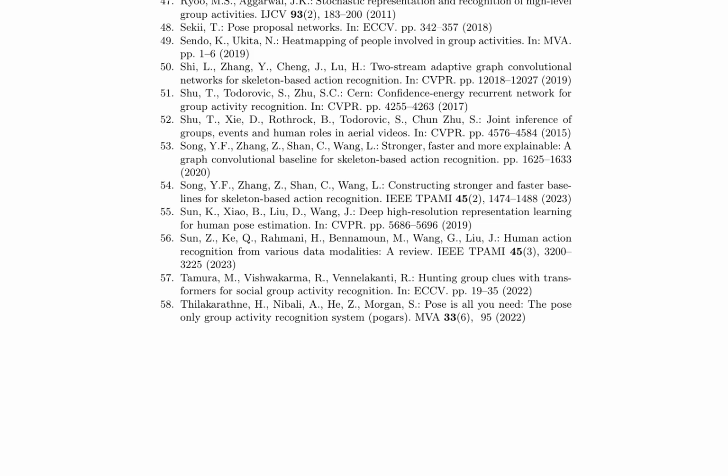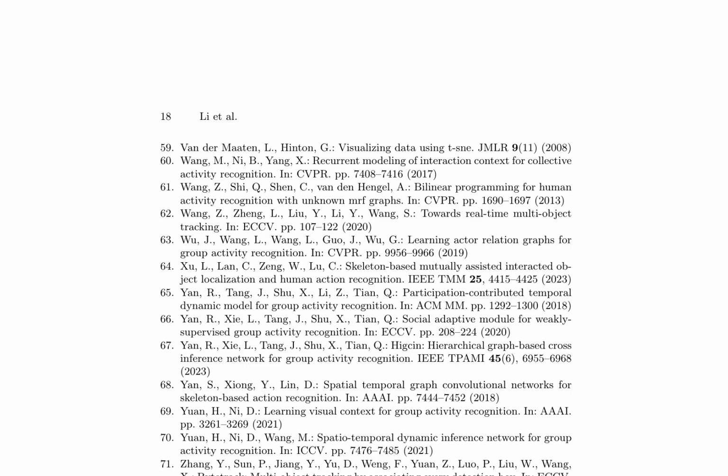The paper concludes with a discussion on stronger, faster, and more explainable graph convolutional baselines for skeleton-based action recognition, as suggested by Song et al. in 2020 and 2023, and the use of deep high-resolution representation learning for human pose estimation, proposed by Sun et al. in 2019. The research on group activity recognition employs various methodologies, including skeleton-based activity recognition, dynamic inference networks, and